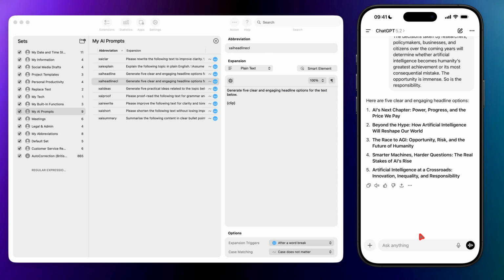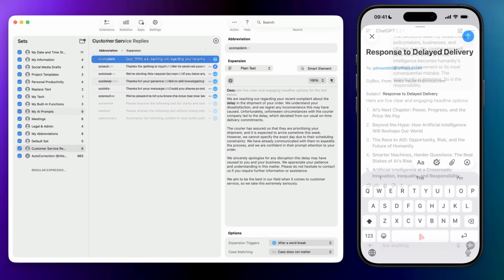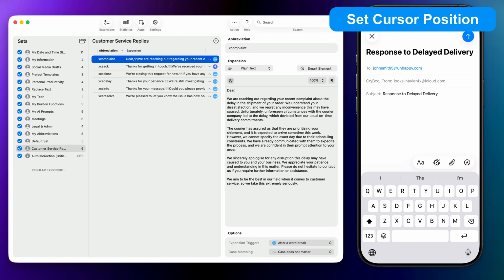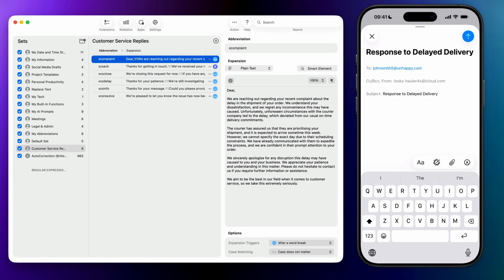So if you have detailed prompts or even short, snappy ones that you use often, use Typinator Mobile to make it easier to run them when you're on the go. Using Typinator Mobile, it's possible to use expansions that place the cursor in a dedicated position once the expansion has completed. Here we have a customer service email that's going to be sent, and I need to add their name